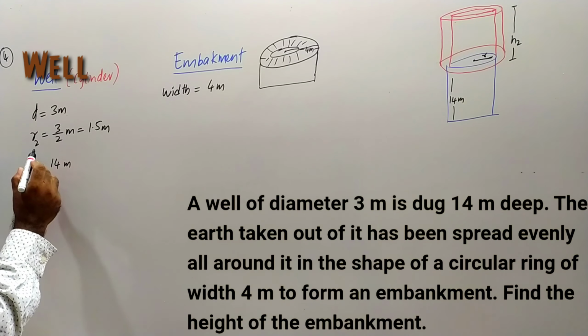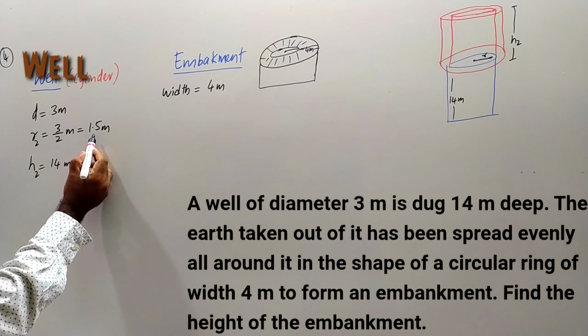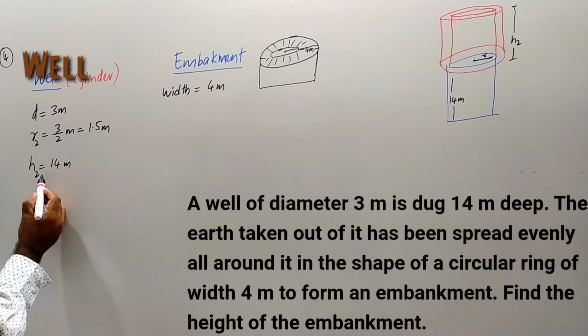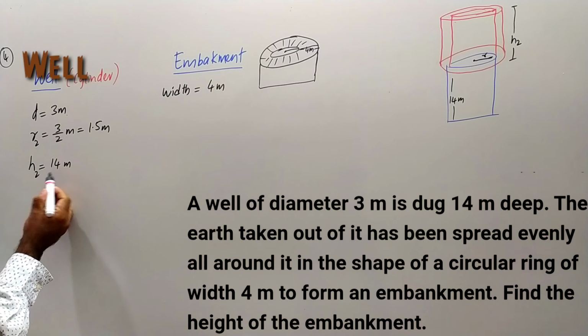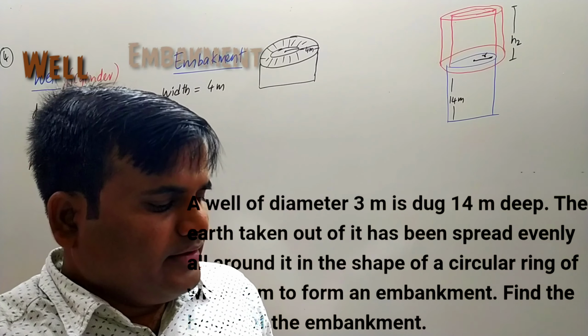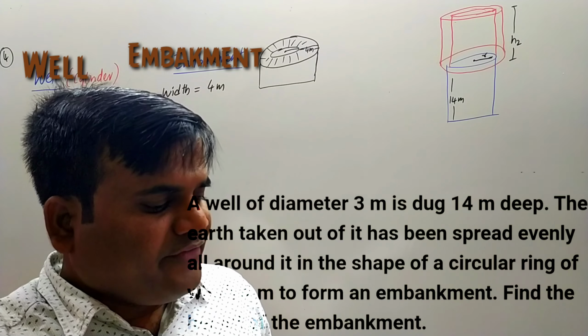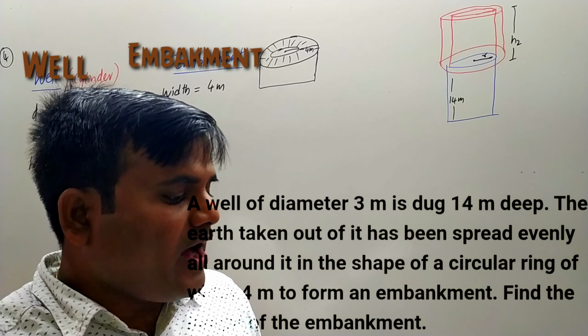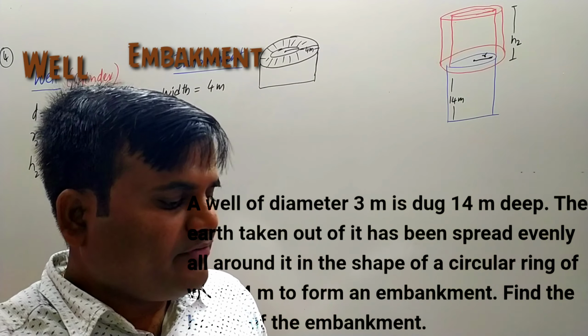Diameter is equal to 3 meters. So radius is equal to 3 by 2, that is equal to 1.5 meters. The well is a cylindrical shape. Height of the well is equal to 40 meters. The earth taken out of it has been spread evenly all around it in the shape of a circular ring